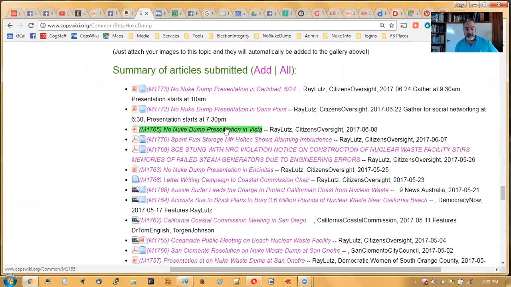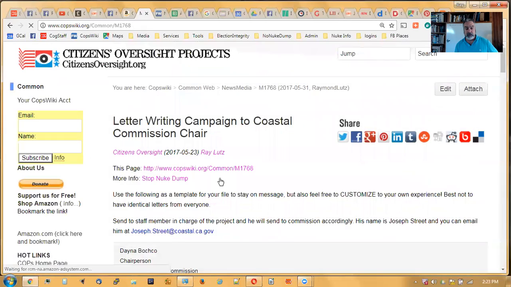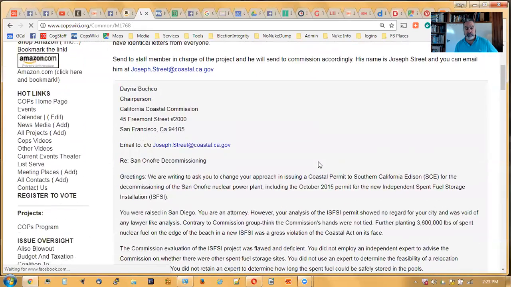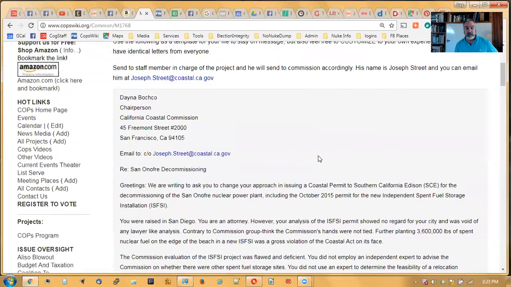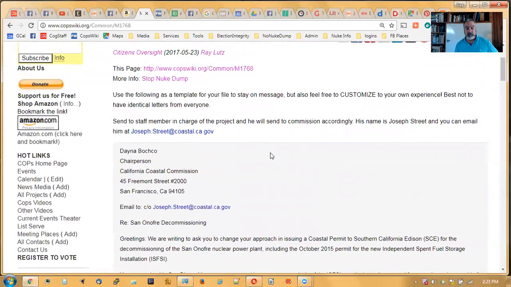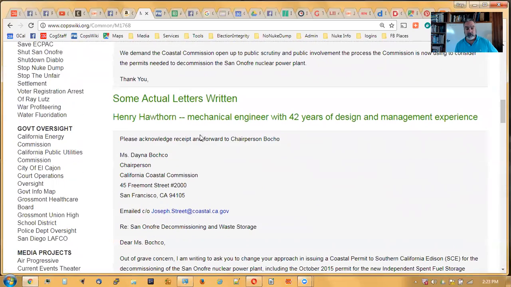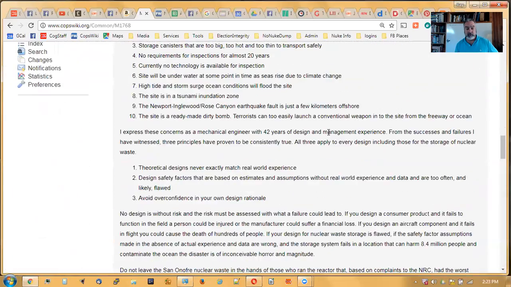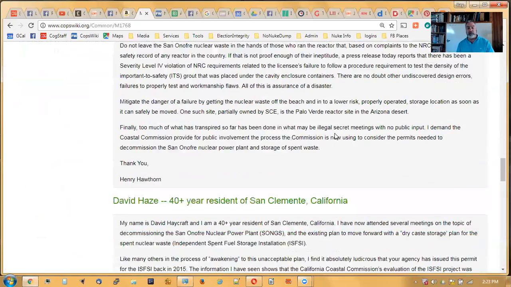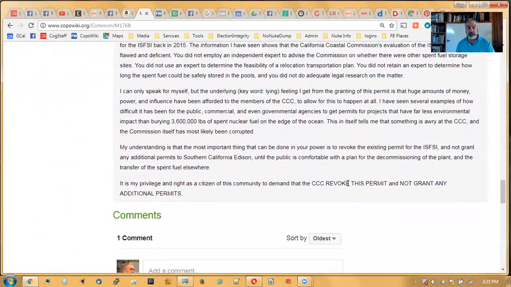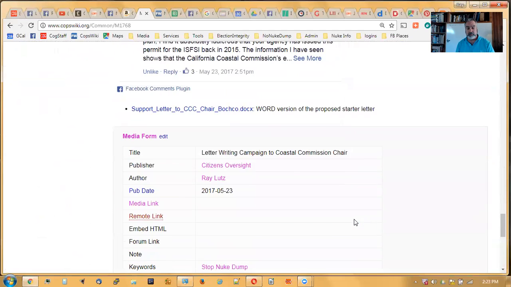We have a letter writing campaign concept here where there is a template to use. Here's some actual records, letters written, which I put in. Now these get put in, by the way, using what they call a pre-formatted,